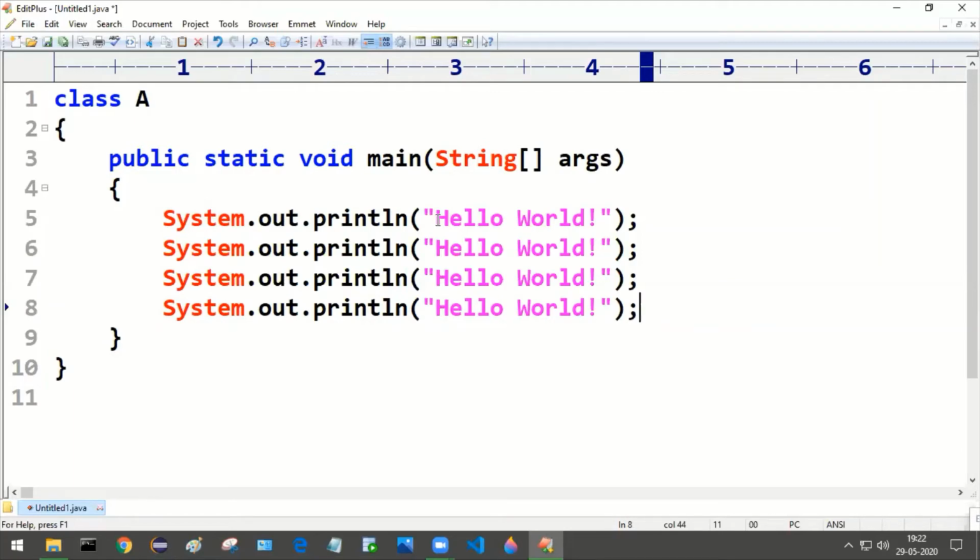Here I want to print Hello World with the exclamation marks 4 times, in multiple lines. That is my requirement here.